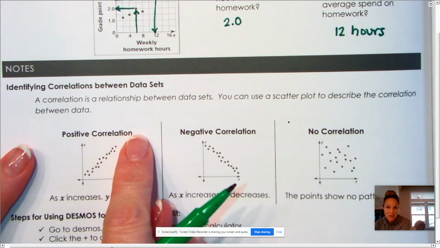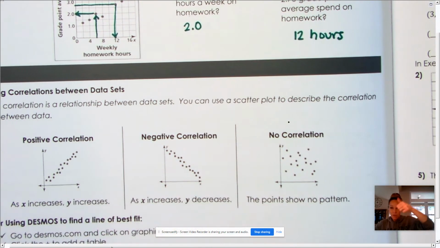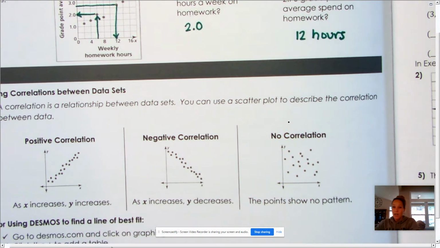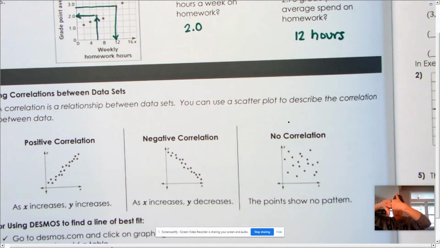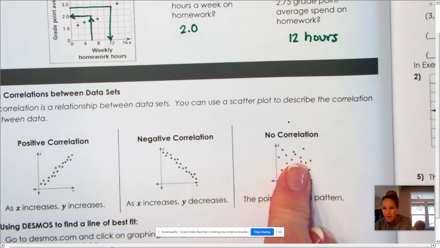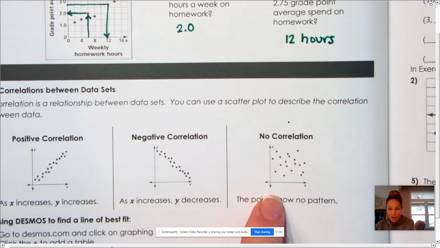The correlation is positive. If as x goes up, y goes down, so x is going up, y is going down, that's a negative correlation. As x goes down, y goes up, right? So the other way around, if they're going in opposite directions, that's a negative correlation. If they are all scattered all over the place and there's not really any pattern at all, we say that